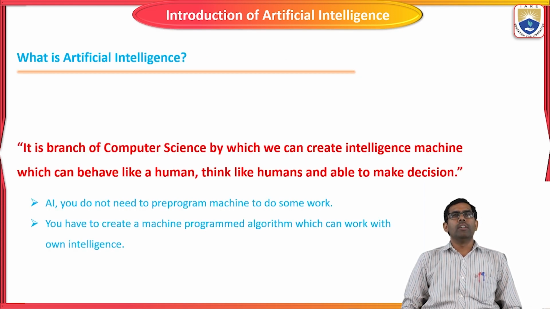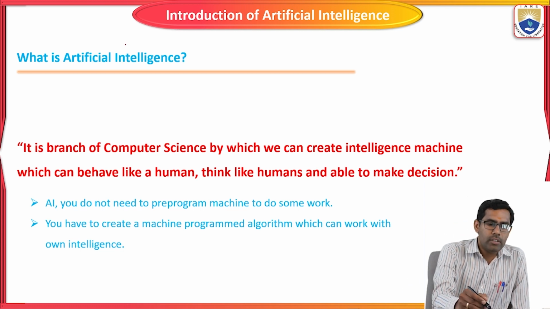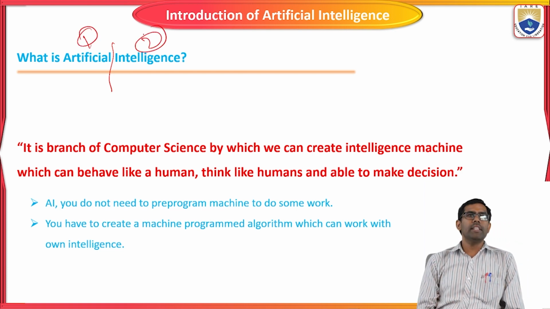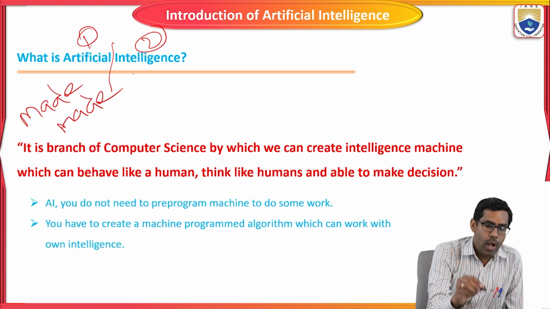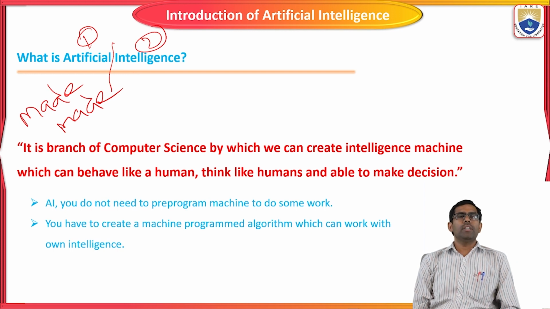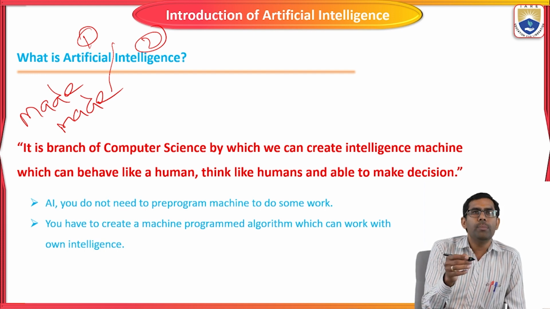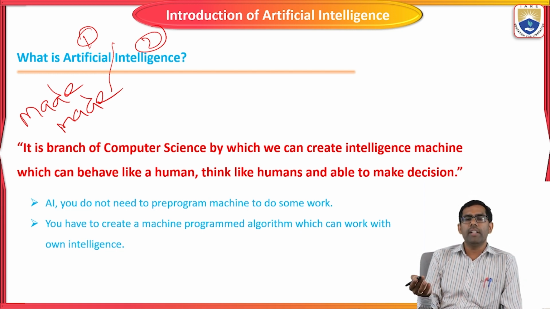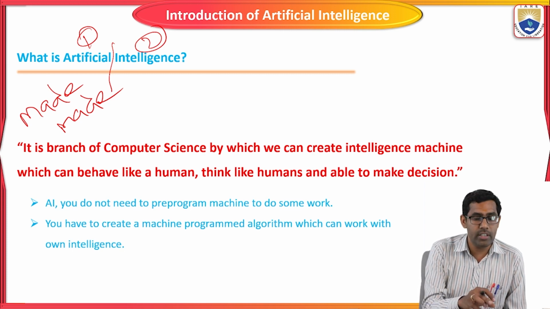Let's start. Before starting, everyone should know the common definition of artificial intelligence. Before that, I am going to split it into two words. The first word is artificial, the second one is intelligence. So what is meant by artificial? Man-made. The different machines being made by humans. Artificially, we are going to make different kinds of machines, for example laptops, computers, mobiles, various tabs, everything. Those which are made by humans are different machines. That is what is artificially made.